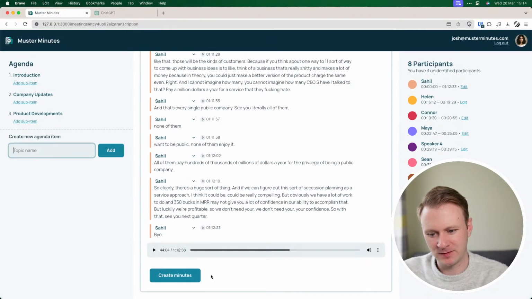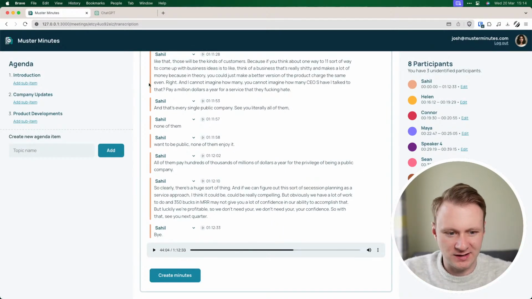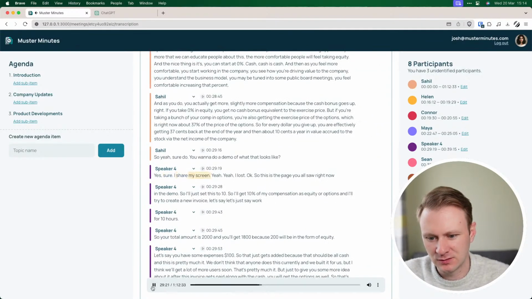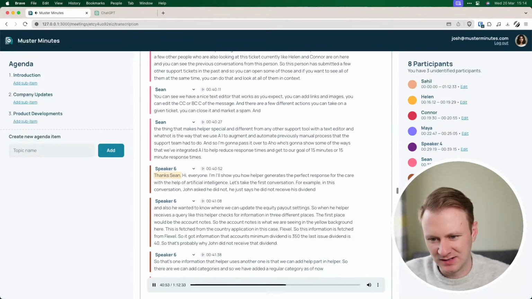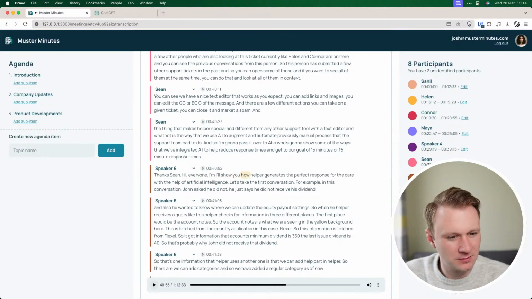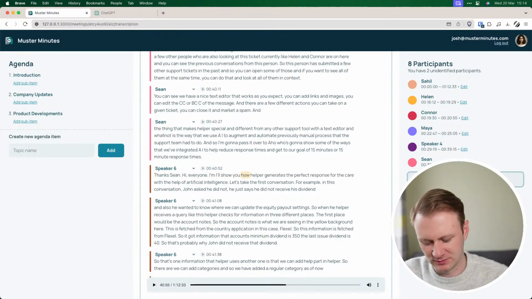Go brief on it. So once you've got all of that set up, again, we didn't quite manage to work out who speaker 4 was. Share my screen. Doesn't say in the transcript there. Similarly, "Hi everyone, I'm Ashad. I'll show you how Helper generates..." Oh, he does say his name. It just doesn't. "Hi everyone, I'm Ashad. I'll show you how Helper." Ashan? I'm not sure that's right, but